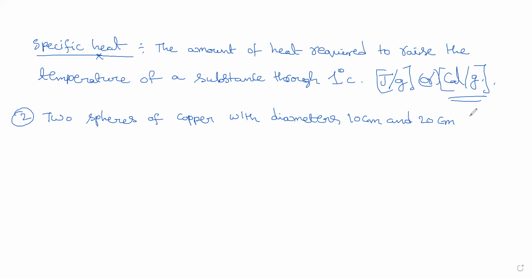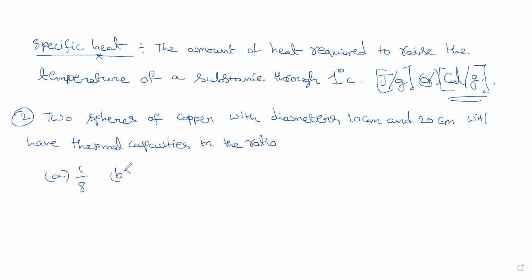will have thermal capacities in the ratio. So option A is 1/8, option B is 1/2, option C is 1/4,